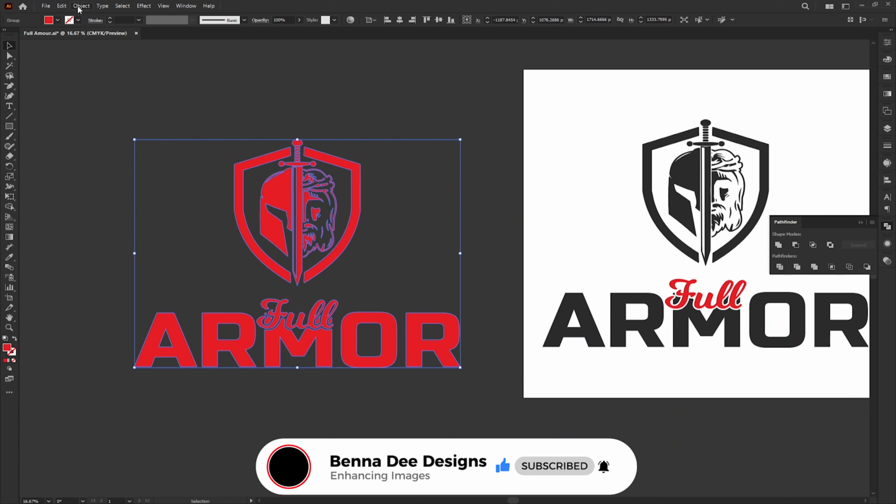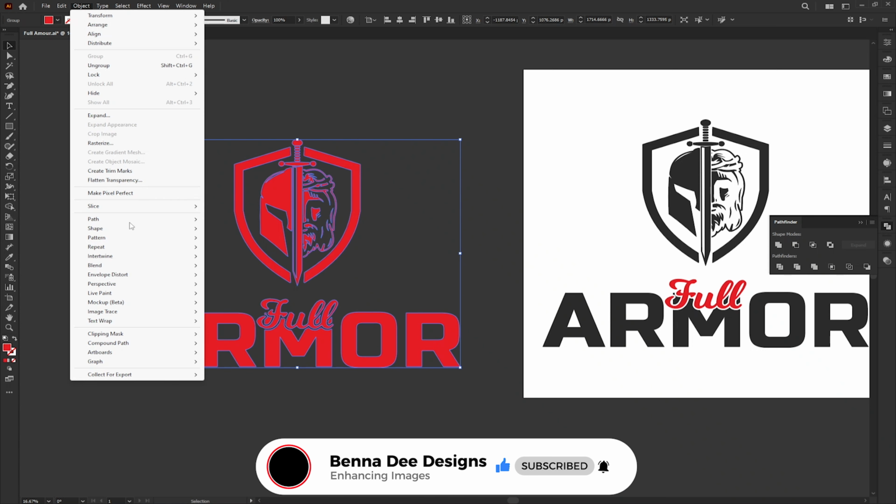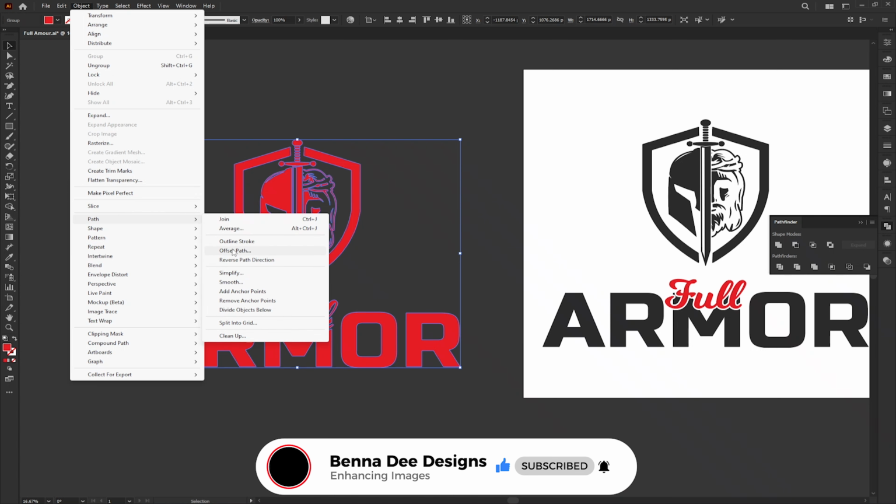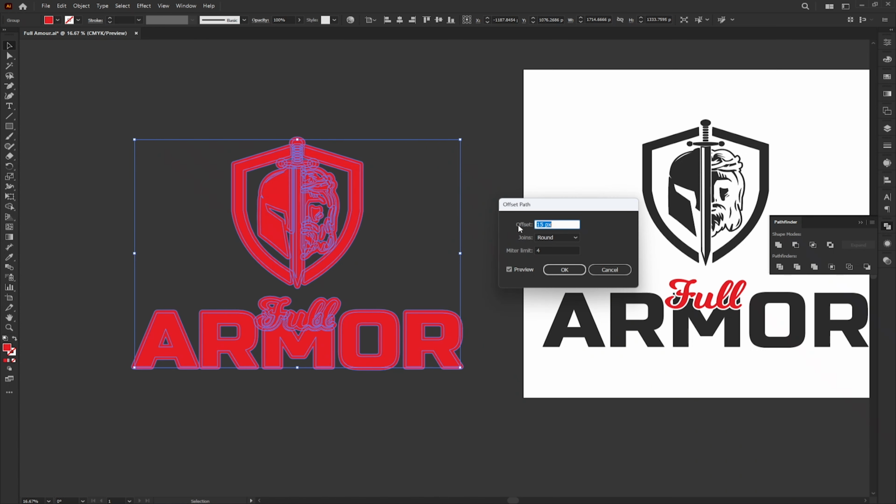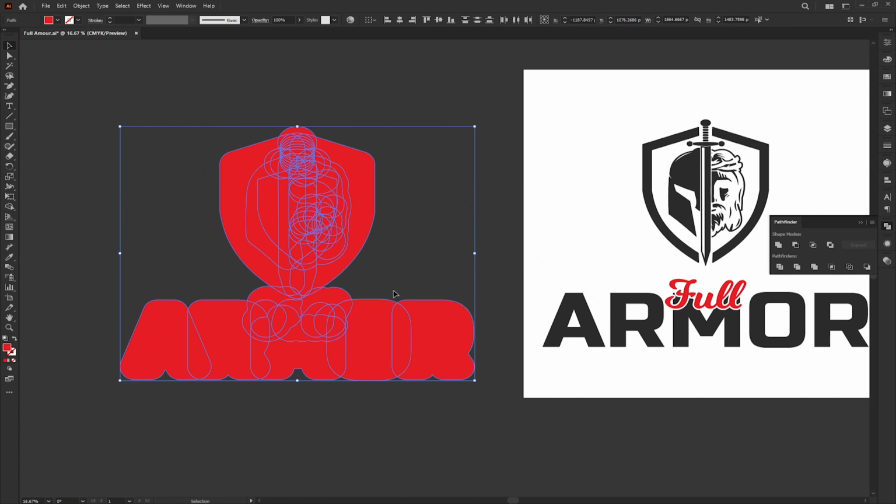Then we go to Object and look for Path, Offset Path. I'm going to make the size 75 pixels. Then select everything and unite them again. And now I'm going to select the offset path and the logo